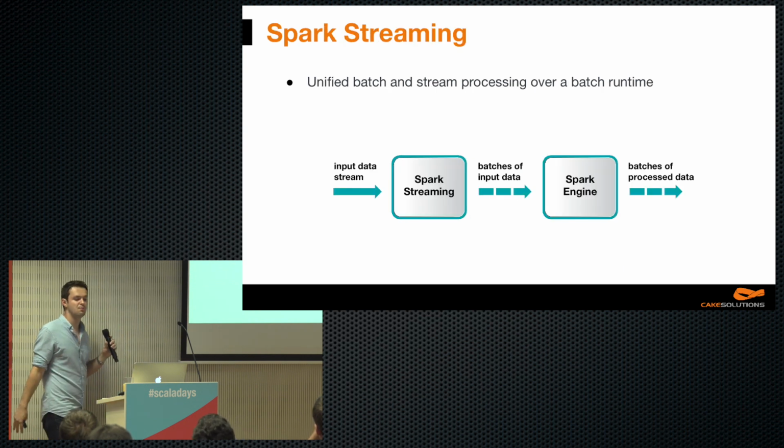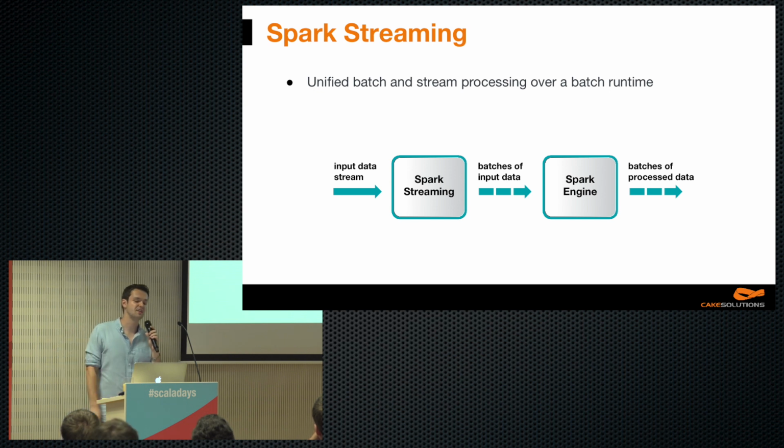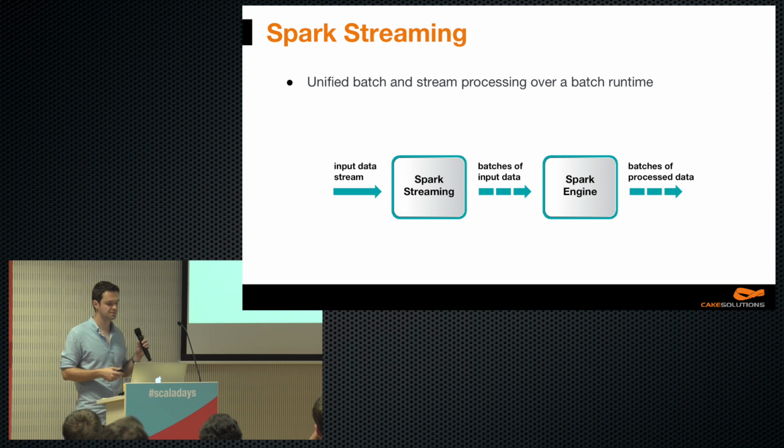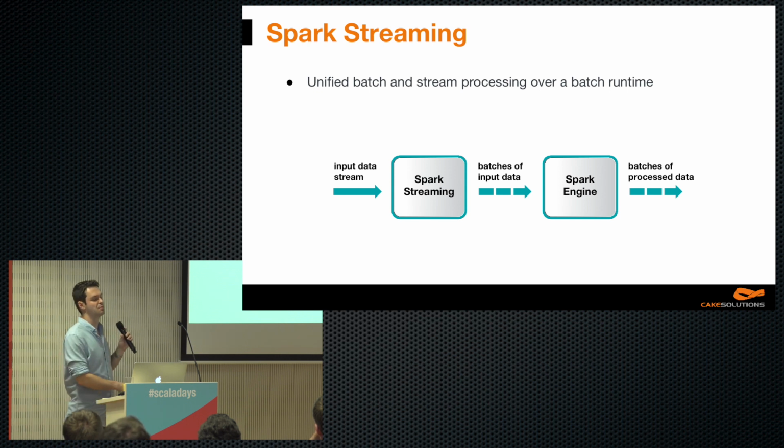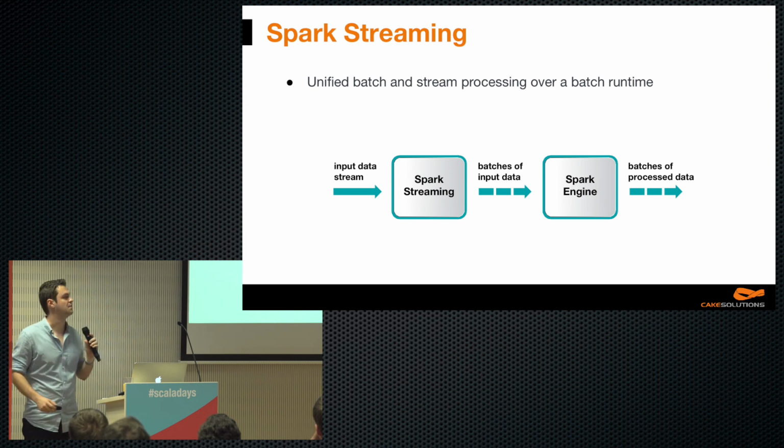As we all know, Spark is a very popular batch processing framework these days, with a couple of built-in libraries like Spark SQL, MLlib, and of course, Spark Streaming. Spark's runtime is built for batch processing, and therefore Spark Streaming, as it was added a little bit later, does micro-batching. The stream of input data is ingested by receivers, which create micro-batches, and these micro-batches are processed in a similar way as other Spark jobs. Spark Streaming provides a high-level API in Scala, Java, and Python.